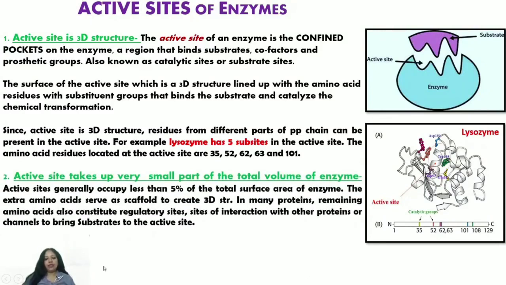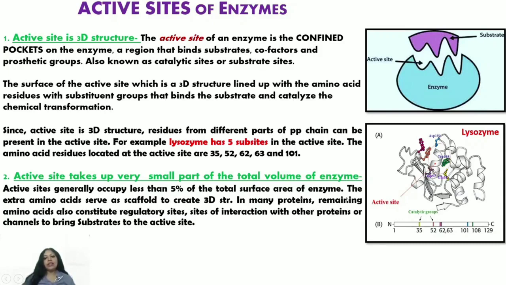Coming to the second property, that the active site takes up a very small part of the total volume of the enzyme. I already told you in the first slide that the active site requires only a small portion of the total enzyme, and this small portion is as small as 5% of the total surface area of the enzyme. So the question comes to mind: what does the extra amino acid do in making the whole